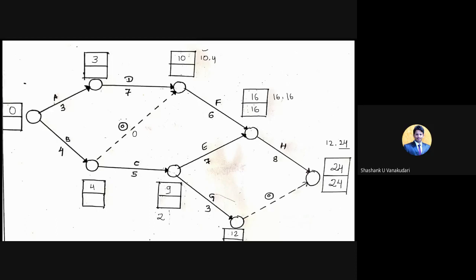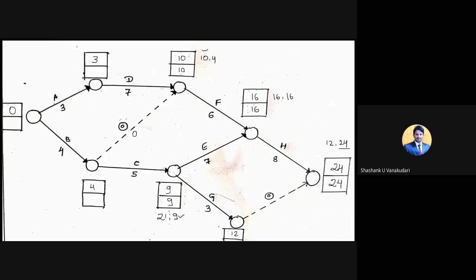So here two nodes are ending, so one is with 21, and one more is 16 minus 7, how much is it? 9. Okay, so I'm writing 9 here. In this, of both values, which value do we need to consider? Can anyone please answer? We need to consider the minimum value, so that is 9. I'm writing the final value in the box as 9. Okay, now 16 minus 6 will be 10, so directly I am writing 10 here.